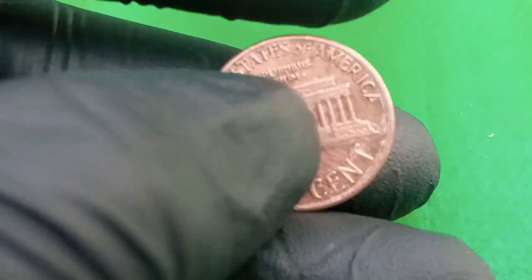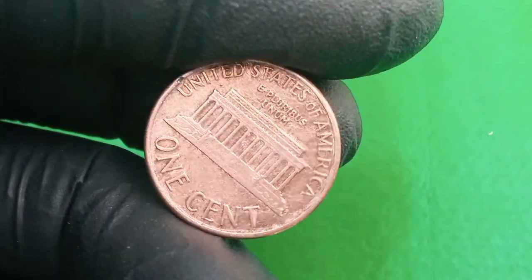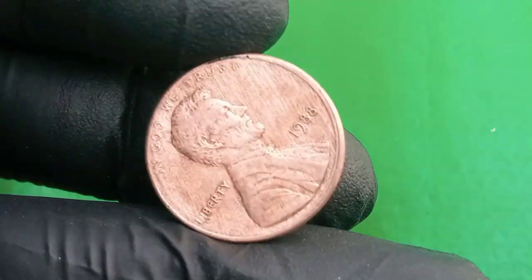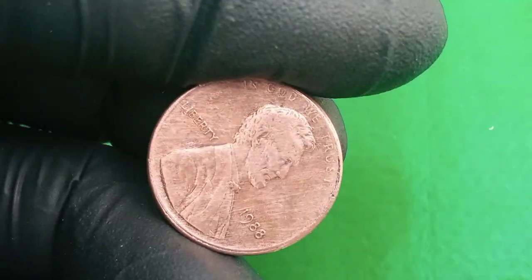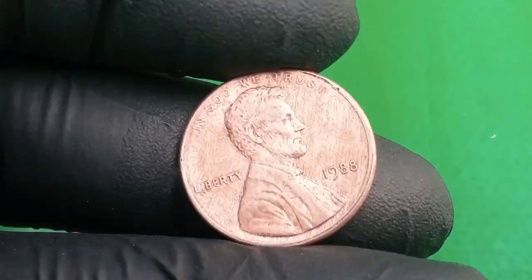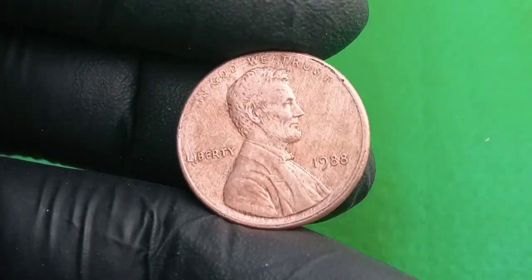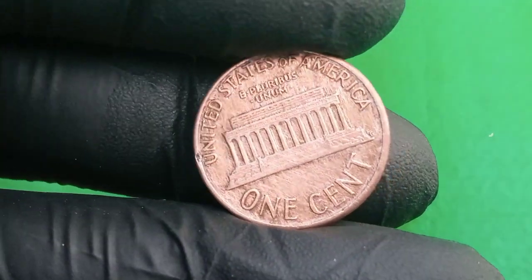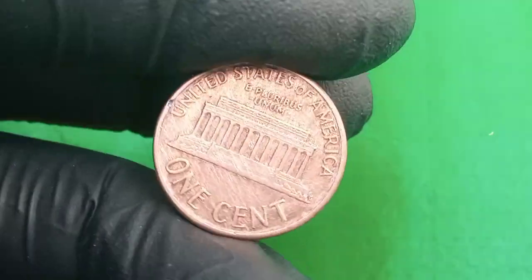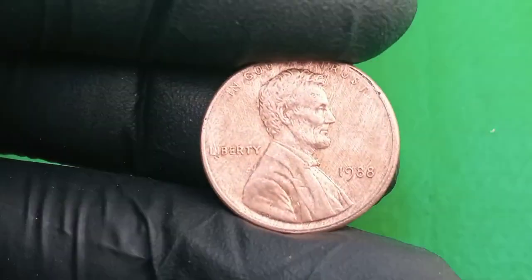It quickly became clear that this wasn't just any ordinary penny. Due to its rarity and the high demand for error coins, the value of the 1988 double die penny skyrocketed. And what once was worth just 1 cent was suddenly worth millions. In a stunning turn of events, one of these rare 1988 double-die pennies was sold at auction for an astonishing $65 million. Yes, this coin, which was originally worth just 1 cent, fetched more than the GDP of some small